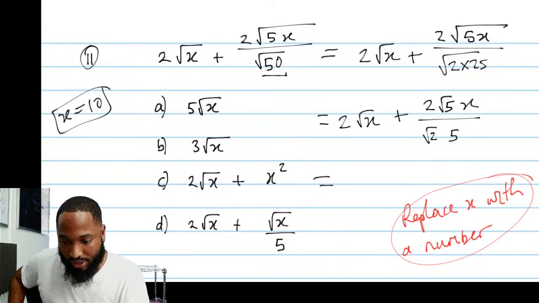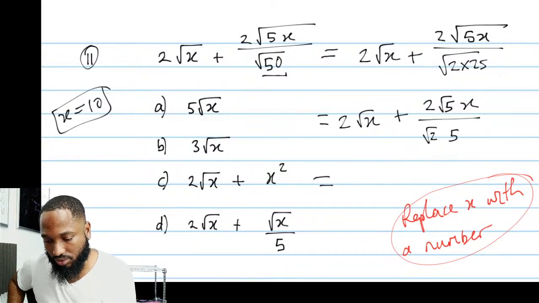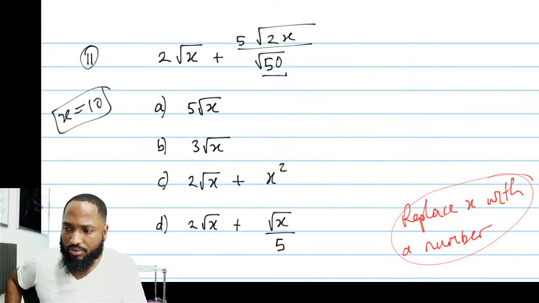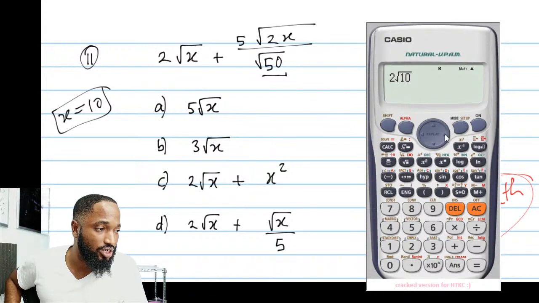Alright, square root of 2 root 2. Take this 2 here, take this 5, put that there, take this 2 here, put that there. Try it again. Let me line it up here. 2 root 10. So once again I'm using the substitution method.